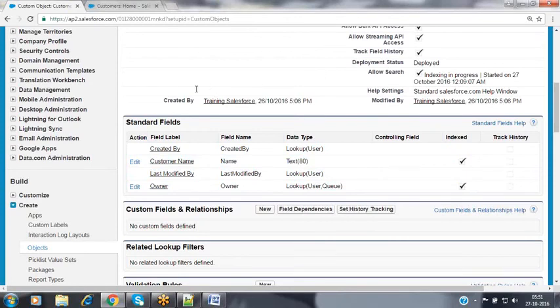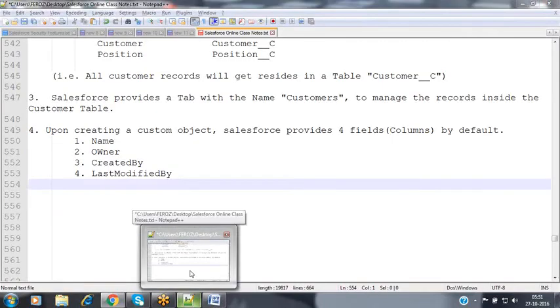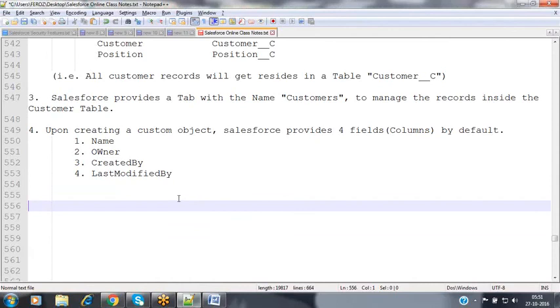Whenever you are creating a new custom object, Salesforce is providing multiple things. One is a table, nothing but a backend database. It is providing a graphical user interface, nothing but the tab. And when you click on some buttons on that tab, it is providing the business logic also. Whatever the 3 layers are required, all those 3 layers are given by Salesforce as soon as you create that object.